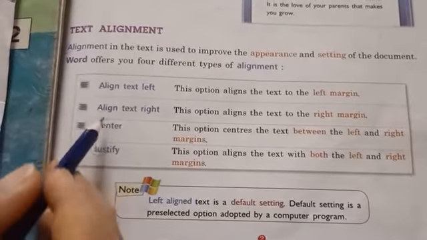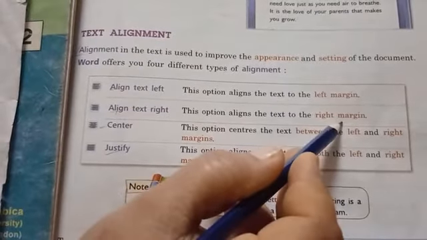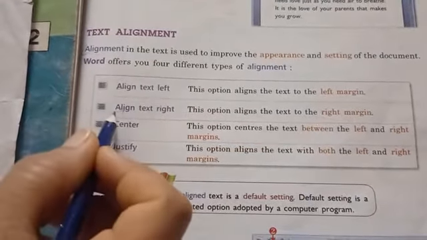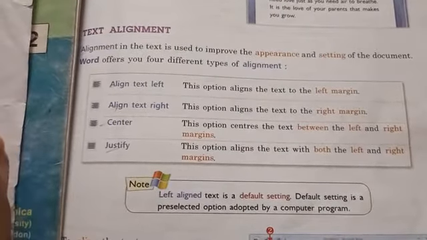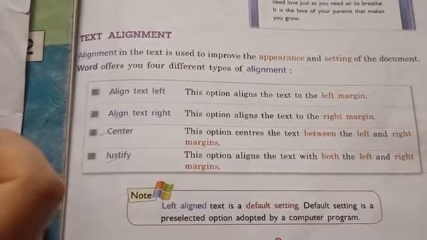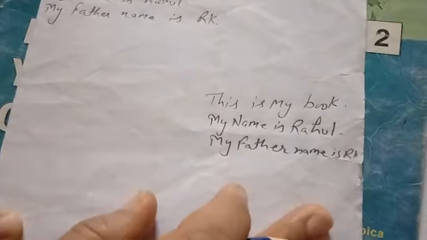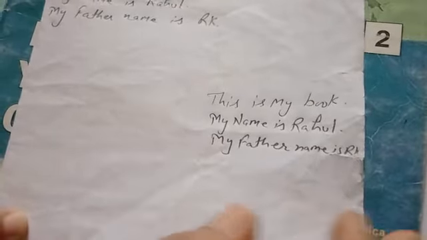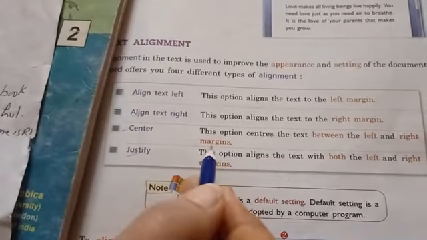Next is align text right. This option aligns the text to the right margin. If you select align text right, then your text will be on the right margin. Just like that, your text shifts to the right. If you select the center case, this option centers the text between the left and right margins.